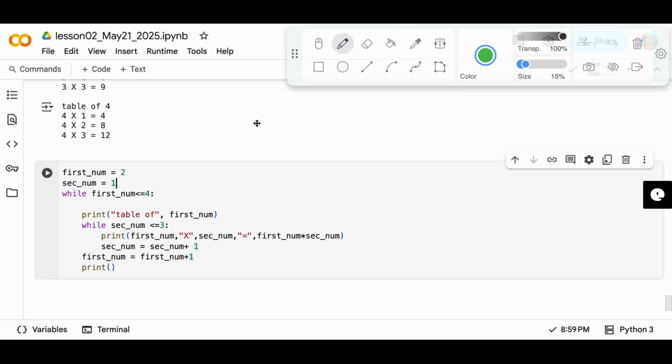So first number, there are two variables created, which is 2 here and then 1 here. It will check, it's true. You go inside, it will just print the table of 2. It would check 1 less than or equal to 3, it's true. So it would just print the 2 table. Then first number gets incremented plus 1. So you can see the output,